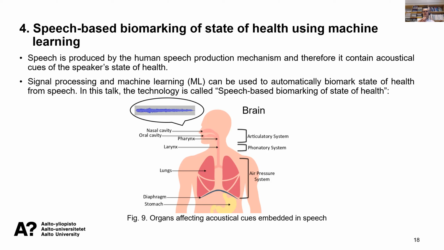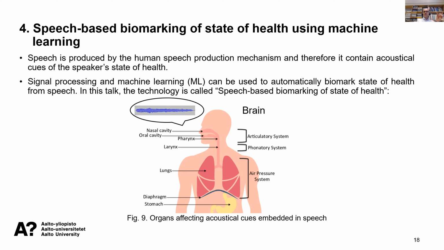And before understanding that, I will describe next, in this section number 4, what kind of machine learning systems are currently used for this biomarking. I call this area of science speech-based biomarking of state of health. This refers to signal processing and machine learning studies which aim at automatically biomarking or predicting the state of health of a talker based only on the speech